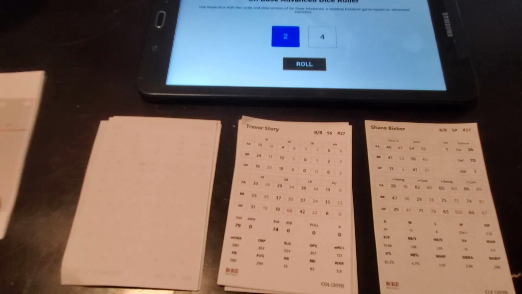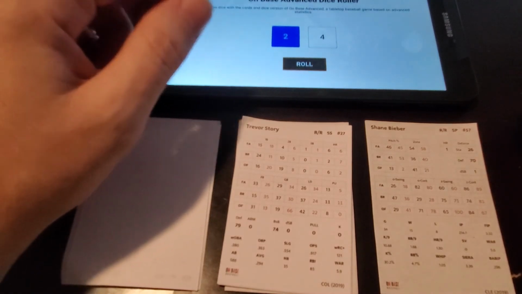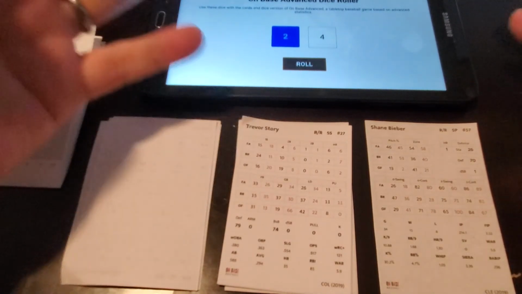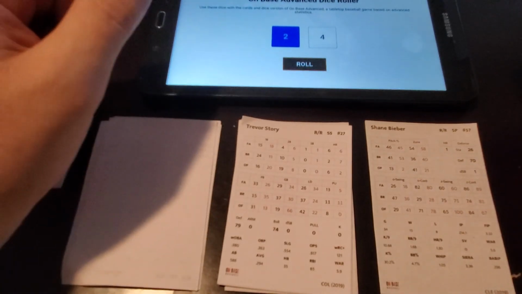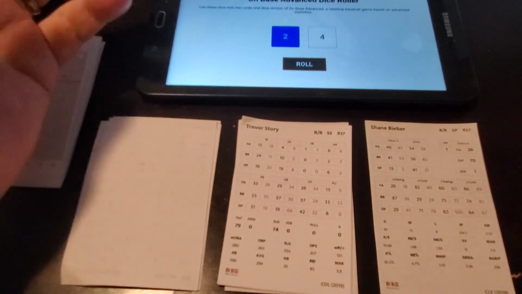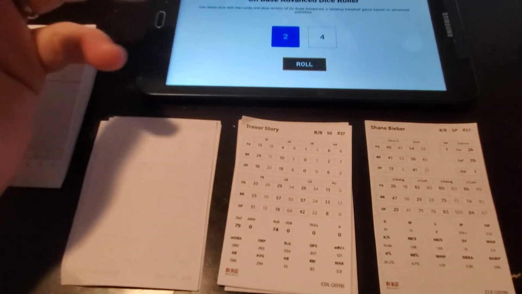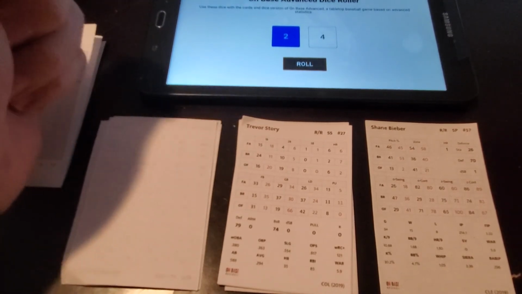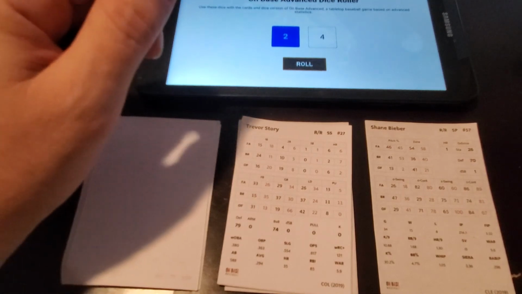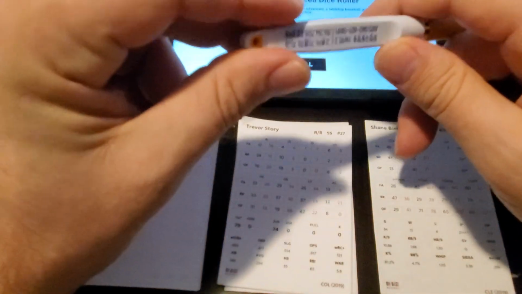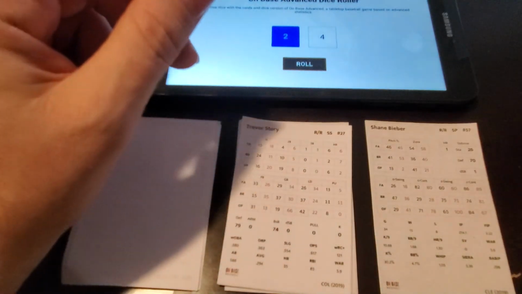So this is On Base Baseball. You can pick it up. I'll put the link down below. You can pick up these teams here and play them as the AL All-Stars versus the NL All-Stars, or break them up however way you want to. More teams are coming. Just kind of labor intensive to make these cards because I have to actually input all these numbers. So